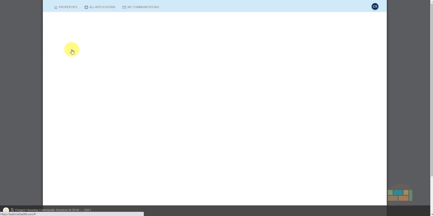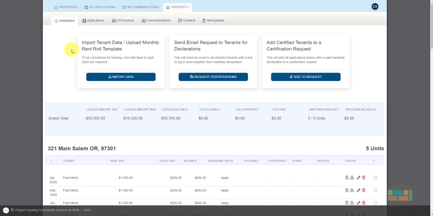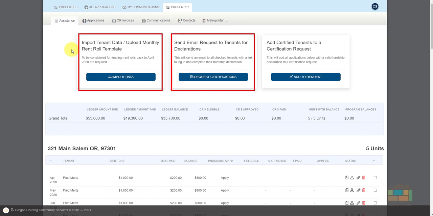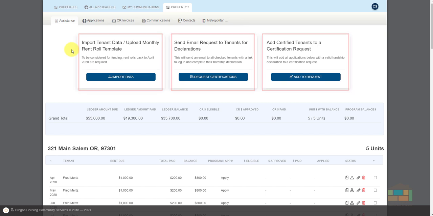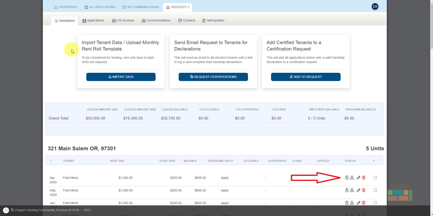Clicking on a property name or number will take us to the Details screen for that property. Across the top of the screen, you will see three boxes with buttons in them that detail each of the steps in the following process. Below this area, all tenants listed on a properly completed rent roll are shown, along with options for editing and updating information and deleting if